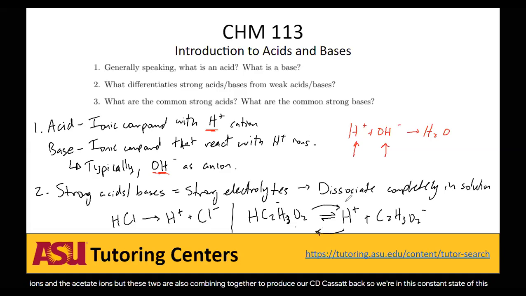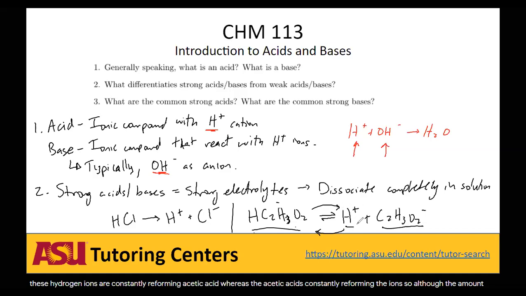And if they do it at the same rate, then we say it's in equilibrium. Because essentially you look at the beaker and it seems like nothing's changing. You still have the same amount of acetic acid, hydrogen ions, and acetate ions. But in reality, it's constantly changing. Like these hydrogen ions are constantly reforming acetic acid, whereas the acetic acid is constantly reforming the ions. So although the quantity of each species doesn't change,